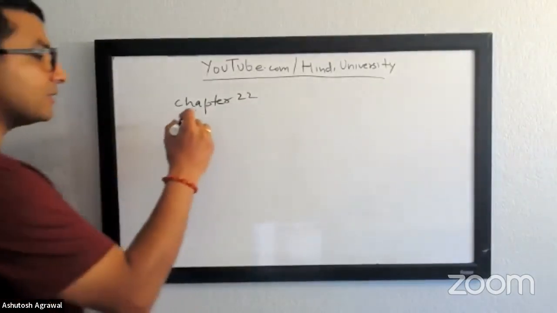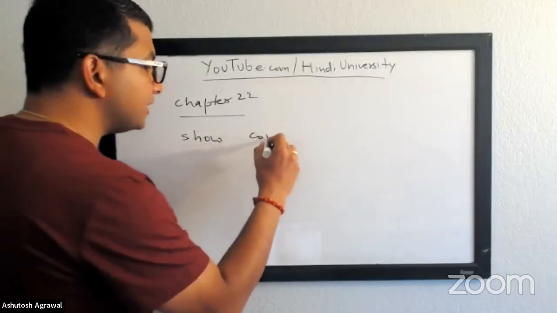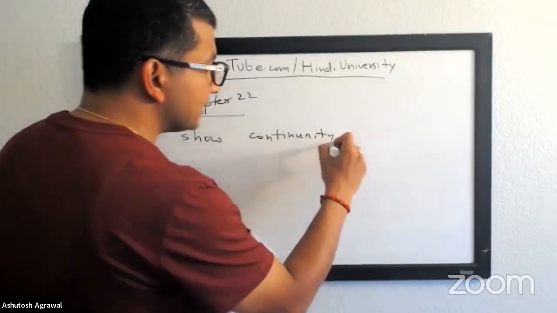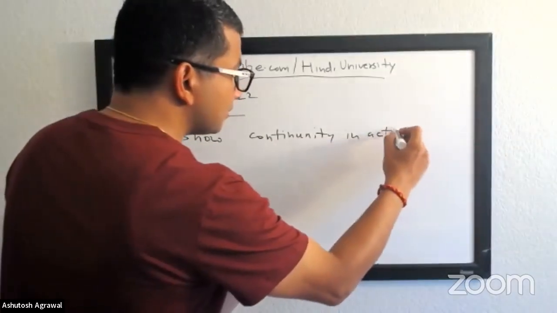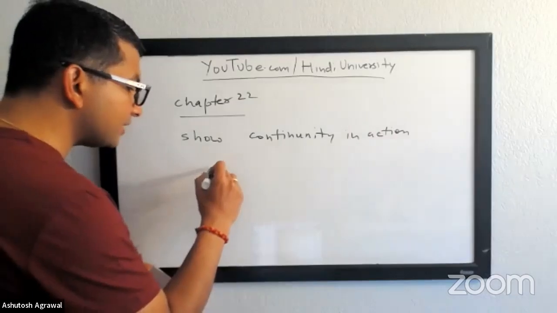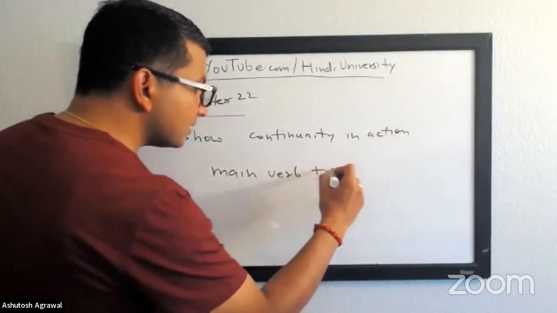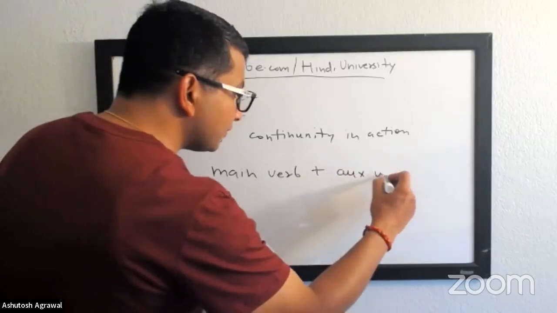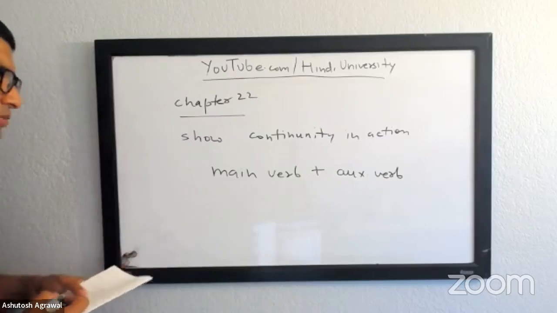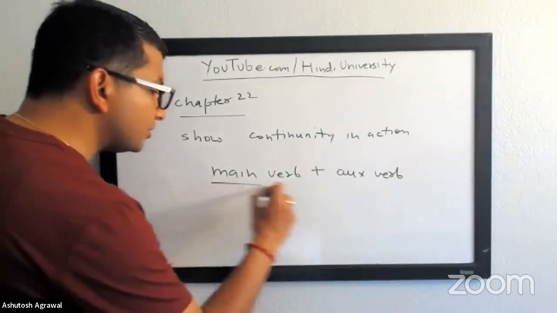As I said, it's to show continuity in action. The way to do it is to use the main verb and use an auxiliary verb on top of it to show the continuity. Your main verbs are the verbs that you generally use, such as